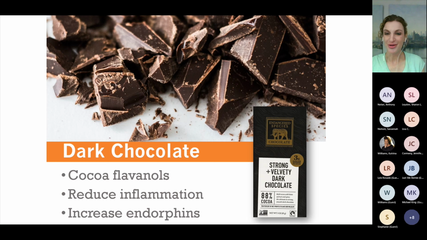And another great thing about chocolate, there's a lot of great things, but one more that we found is that when individuals in studies have a piece of dark chocolate, that can cause the brain to release those endorphins, those feel-good hormones. So the more of those that we can get, the better. And so if you're in that chocolate aisle, look for at least 70% cacao or higher to make sure that you're getting all of those wonderful nutrients, and it tastes pretty good as well.